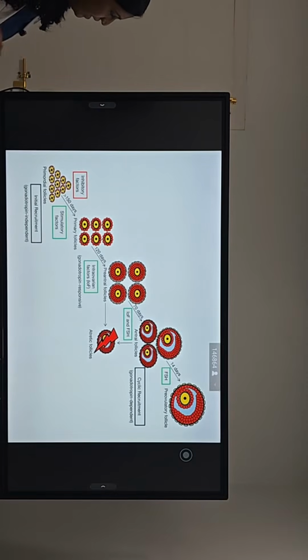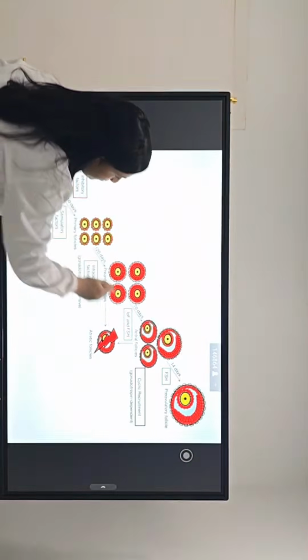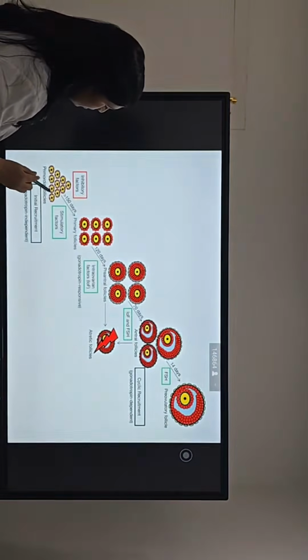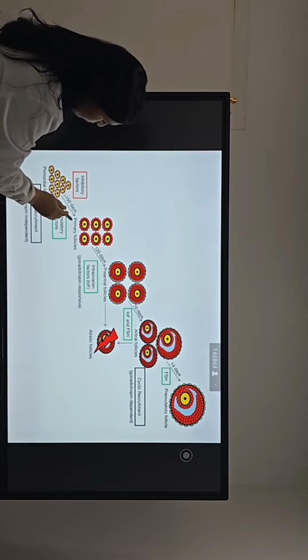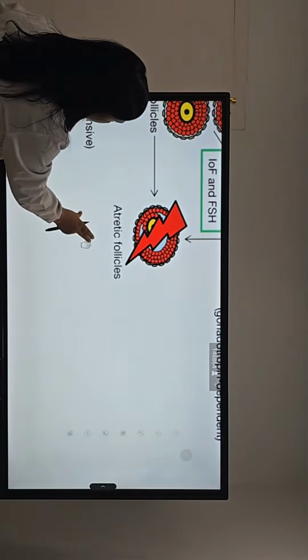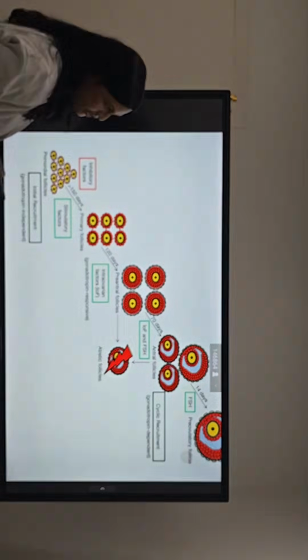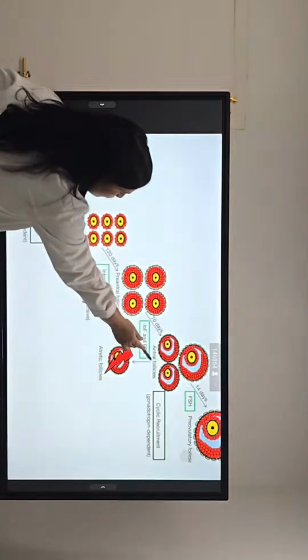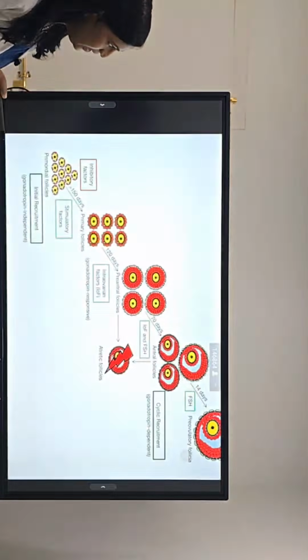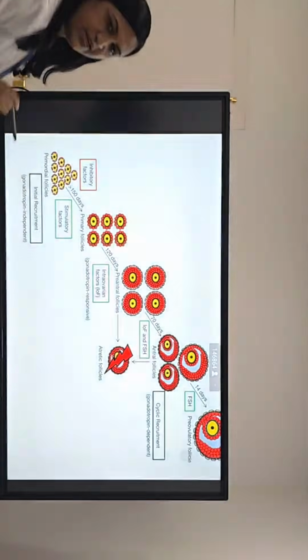Now, how many days are taken for this follicle to be converted from primary to pre-ovulatory follicle? It is said that from the stage of primary to pre-antral follicle takes about 120 days. From pre-antral to antral follicle it will take 70 days, and from antral follicle to pre-ovulatory stage it will take